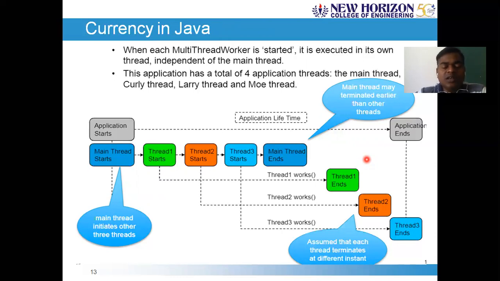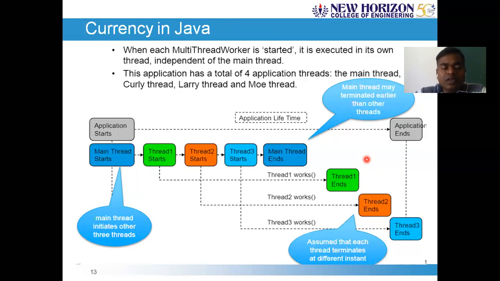You may ask the question, if that is the case, then how can you say it is multi-threading? It means there is a very fast context switch between the threads in order to achieve the multi-threading model. You cannot make out or notice the context switch between these threads. What does that mean? A fast context switch means thread 1 will finish and go out, thread 2 will take a chance immediately, thread 2 will go over, thread 3 will take a chance, followed by the main thread.